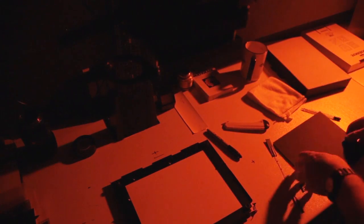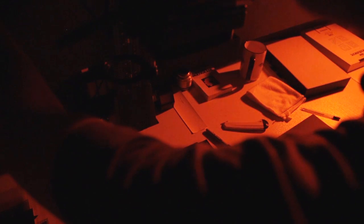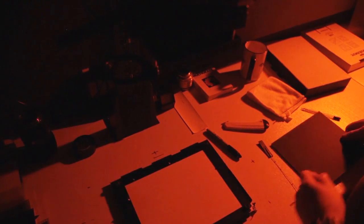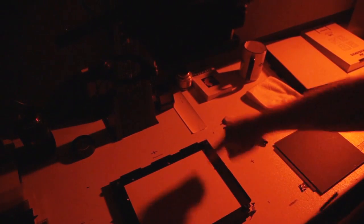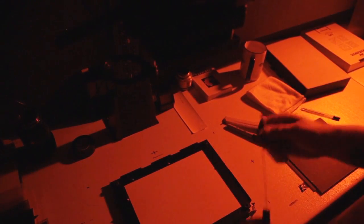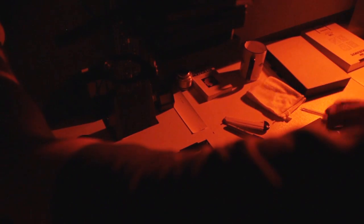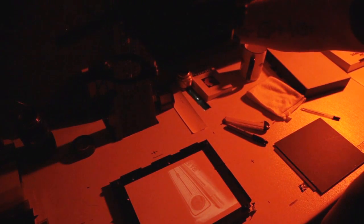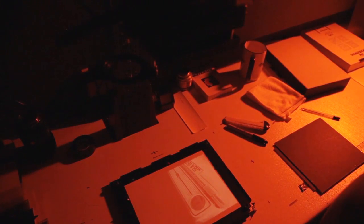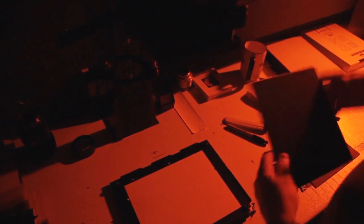Right, so off we go again. So we're going to do 7 seconds like we did before. And then cover this area for 4 seconds. So off we go again. 1, 2, 3, 4. Burn the sky in for 33 seconds, and